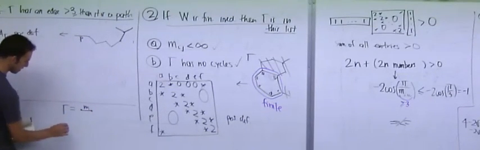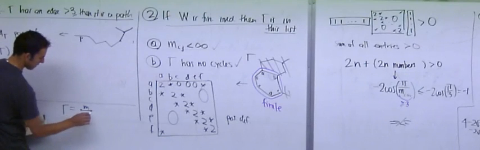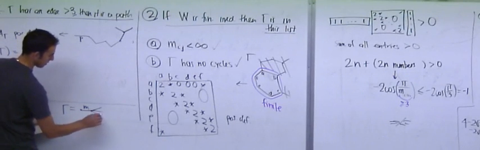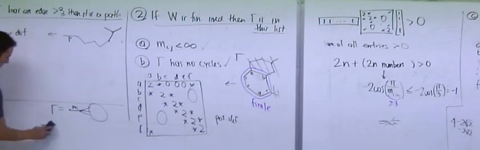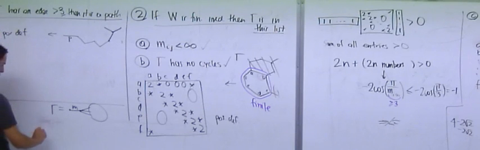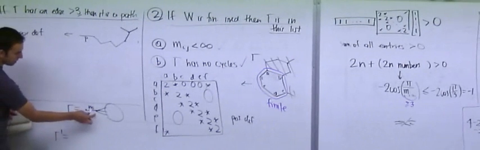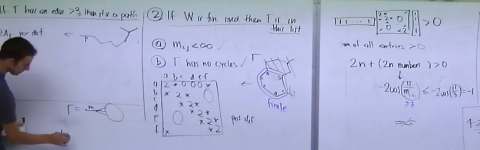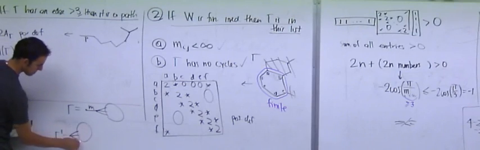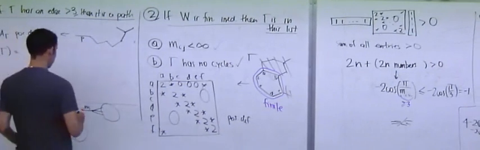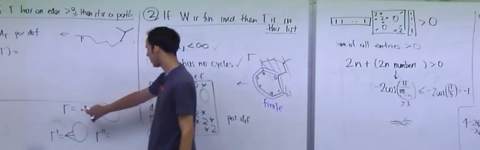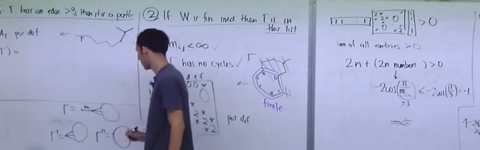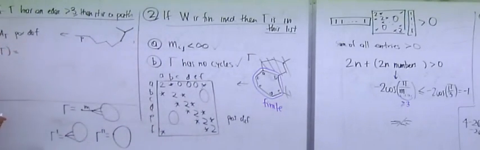So we said if gamma looks like this, where this guy is connected only to this guy, which is connected to other things, and then here you have some other graph, then you can compute the determinant of gamma in terms of the gamma prime you obtain by removing this leaf and just keeping this part of the graph, and the gamma double prime that you obtain by removing this whole claw and just leaving this part of the graph. And the formula was that